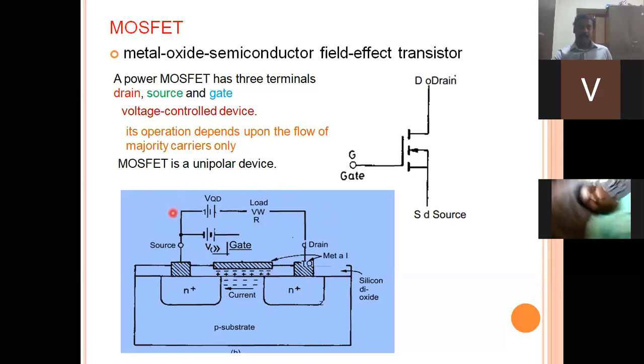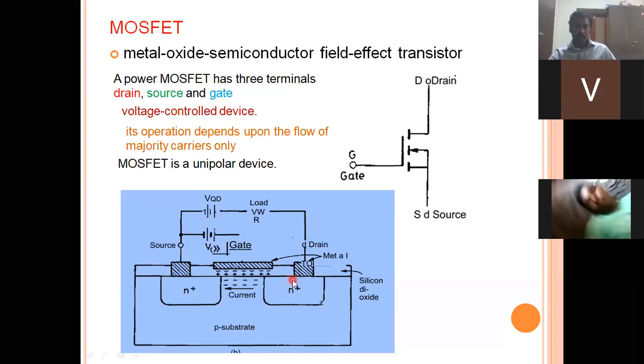But the major drawback associated with this MOSFET is that in the on-state also, it is going to offer some impedance. Due to that impedance, the on-state power loss is going to be high. Due to these high losses, they are employed for low power applications, but for high switching frequencies. So MOSFET can operate up to around megahertz of frequency. Not even kilohertz, it is capable of operating at megahertz.